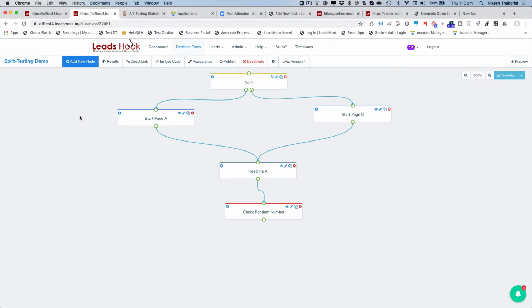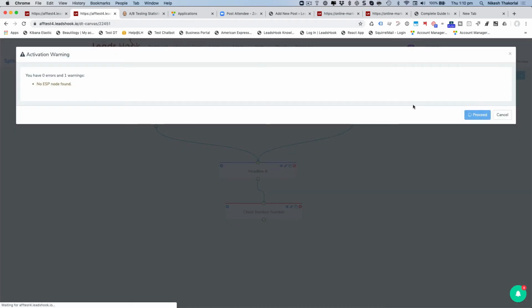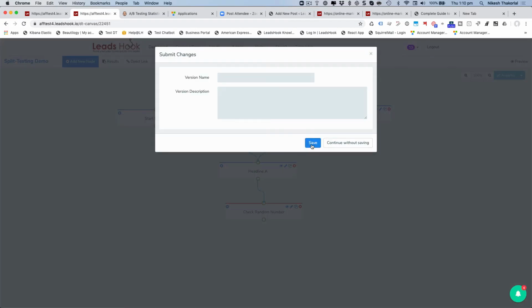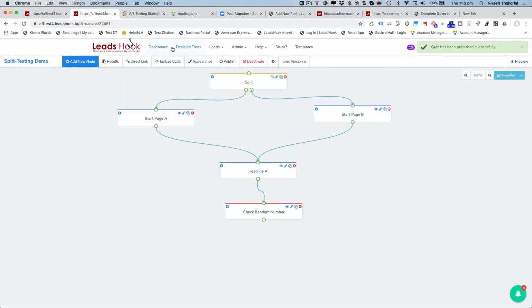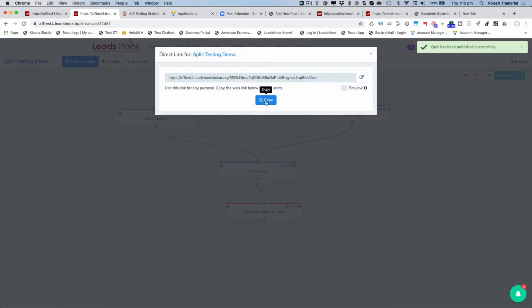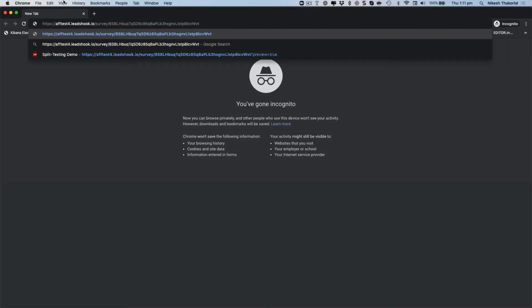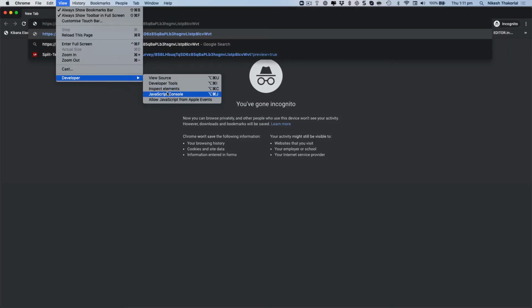To test, in going with the whole notion of continuous testing, after each small update, you want to make sure that the update you've done makes sense and works. The first thing I'm going to do is publish my decision tree. I've just added in the Google Analytics code. Proceed, save, and what I'm going to do now is just grab the direct link, because that's what I'm testing for here. Go through to incognito, copy and paste it, but before I press enter, go down and pull from